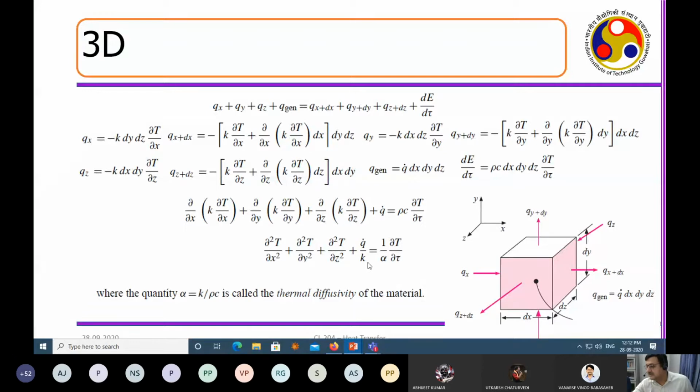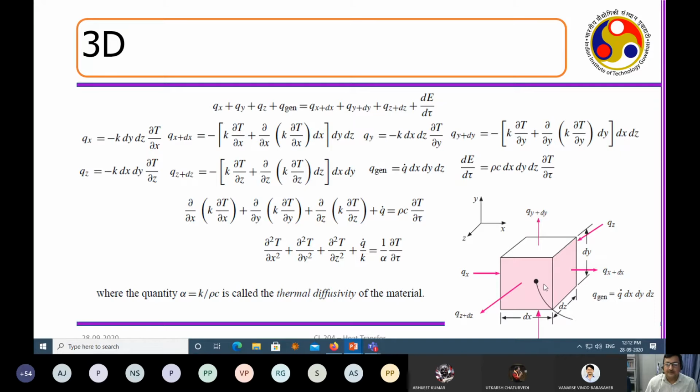That gives us the solution for what? That gives us the solution for the heat transfer. So this is being conducted, this is being generated, and this is the total change of temperature with respect to time. This Q dot is the generation inside the volume, K is the thermal conductivity, and we have identified this parameter alpha, which is K by rho Cp, which is called the thermal diffusivity. What is thermal diffusivity? If I think about a matter, what exactly is the amount of heat it is going to store and how much it is going to conduct. This ratio is defined by the thermal diffusivity.